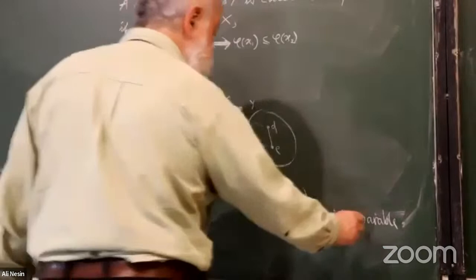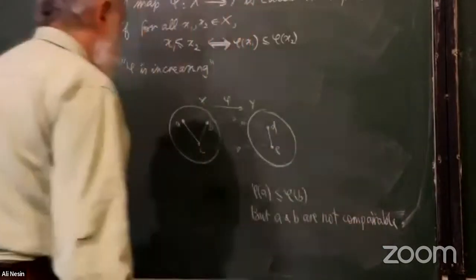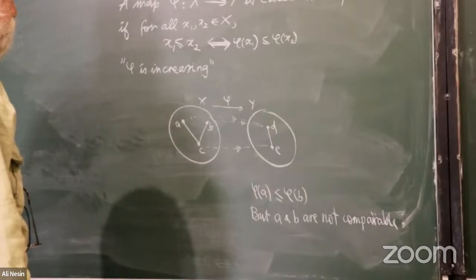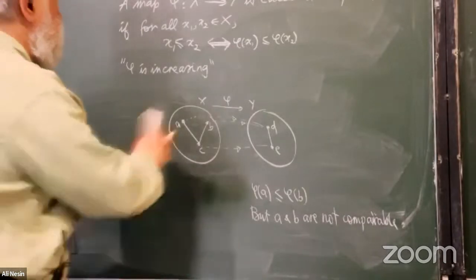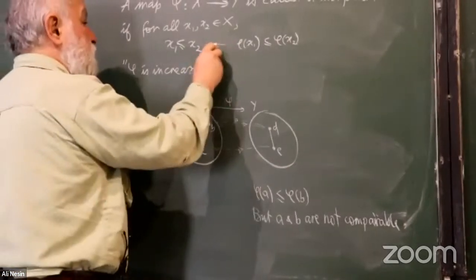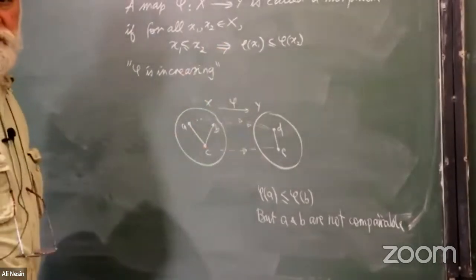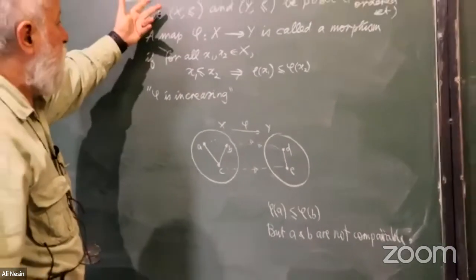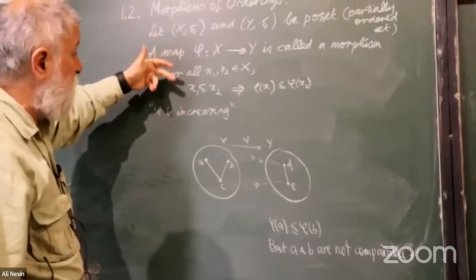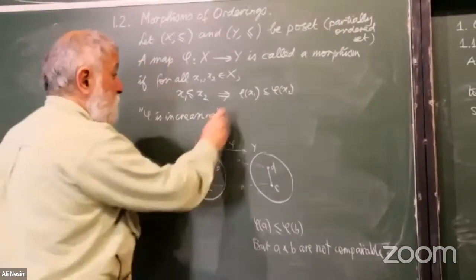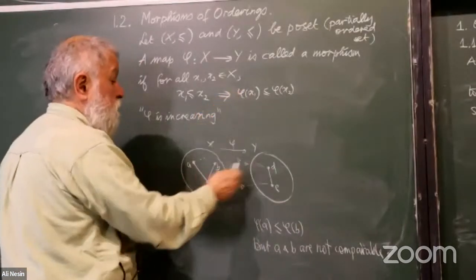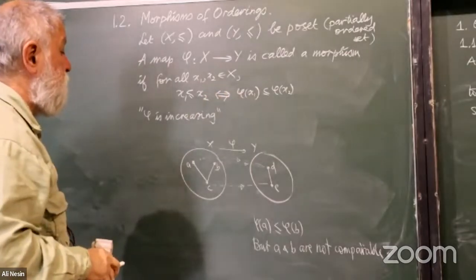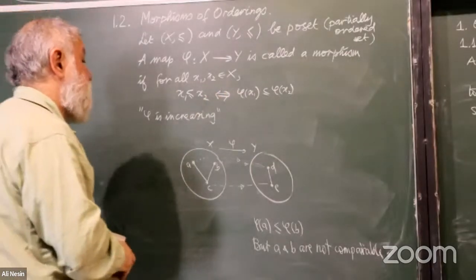They're not comparable. This is not a homomorphism. If I had only this, it would be a homomorphism. If I define homomorphism, morphism, it's the same thing, morphism or homomorphism, or endomorphism. If I define a morphism with only one-way implication, then this would be a morphism, yes. But if I do both ways, this will not be a homomorphism. It's not true.